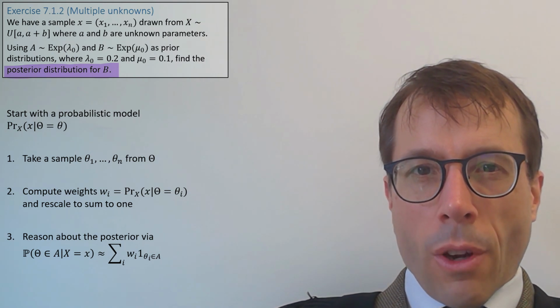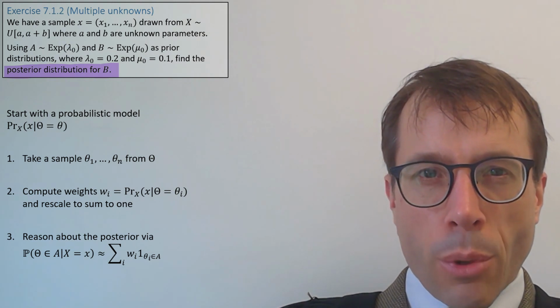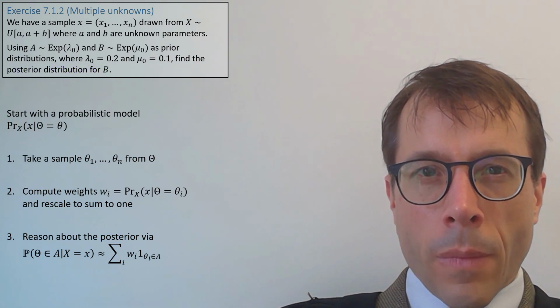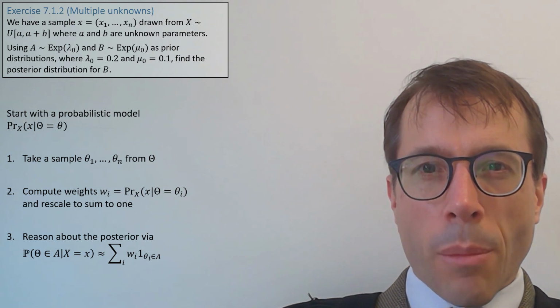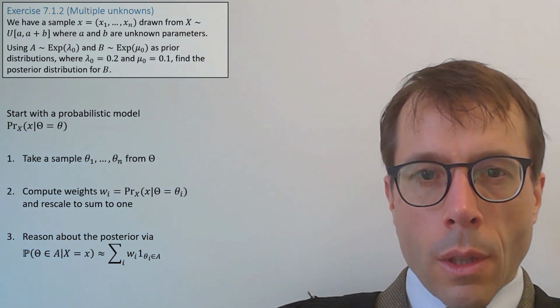You might have alarm bells going off now. Okay, I want to find the posterior for b, so I should write out the prior for b. But then, where does a come into the picture? Hold tight, stay focused, and just follow the steps exactly as we put them up before. Let's do the computational approach first.